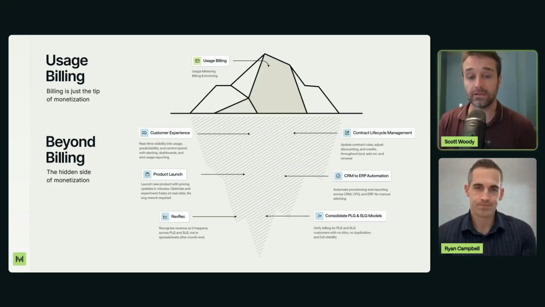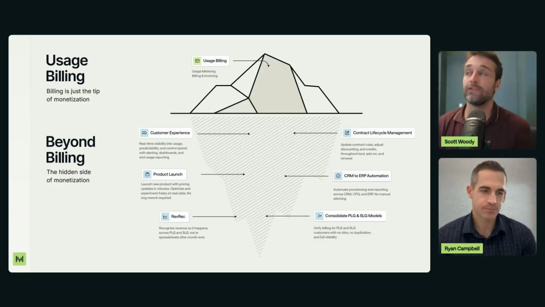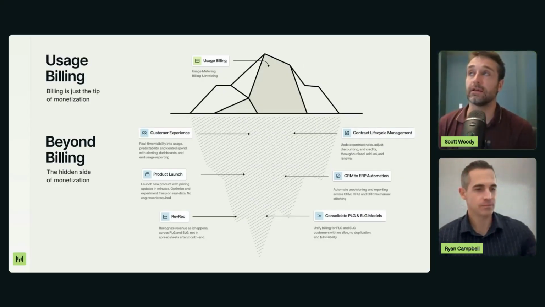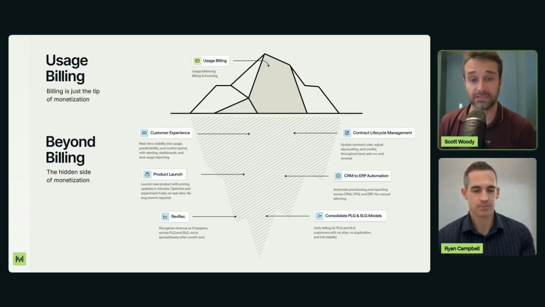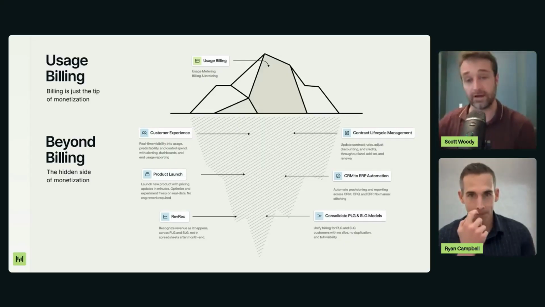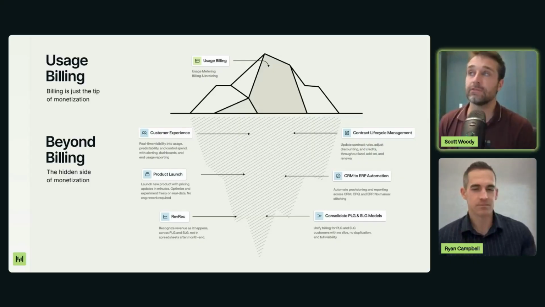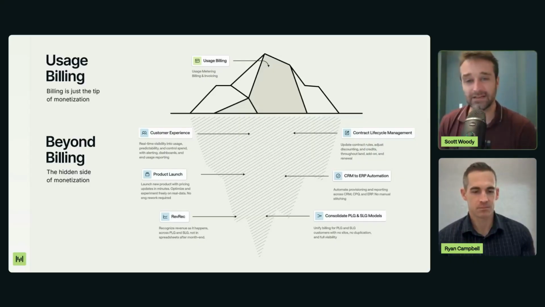And one of the things that we've learned is that if you try to think of Snowflake as just a business model, where you pay for what you use, you're only looking at the top part of what we call the iceberg. You can theoretically understand how that business works. You're like, okay, I just need to charge for storage and compute, and I guess my NRR will magically be 200%. But if you actually study Snowflake behind the scenes, or Databricks, or any of these legendary companies, you realize